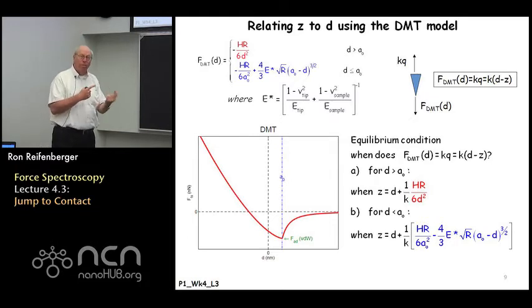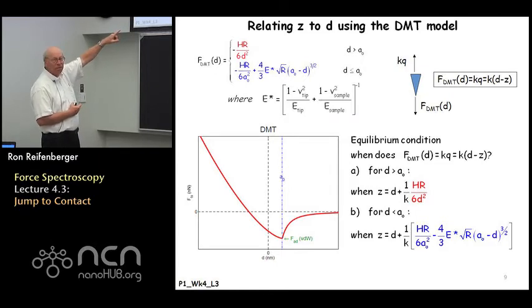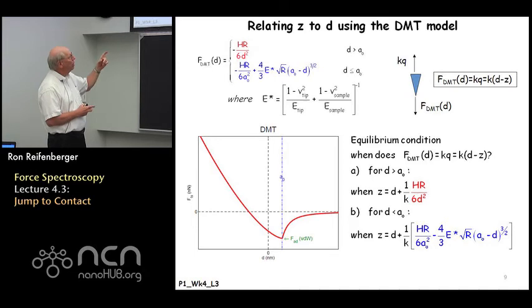And so the tip will be in equilibrium, right? The restoring force due to the bending of the cantilever will exactly counteract the interaction force between the tip and the cantilever. And it's interesting to find out where those equilibrium conditions are. I do that in part A and part B on the right-hand bottom of this slide. I just set the DMT force equal to the force exerted by the cantilever, and I have to be careful to take into account the 2 conditions, D less than A0, D greater than A0. When I set those 2 equal to one another, I get 2 equations, which I can then plot,